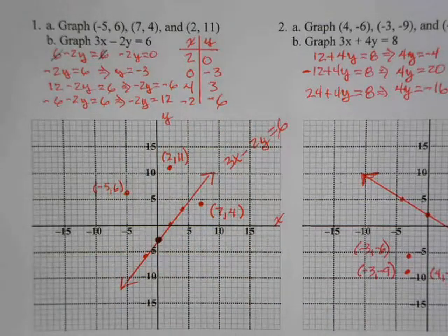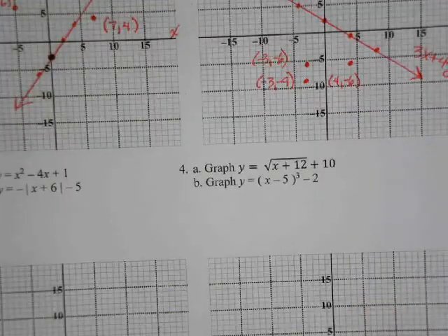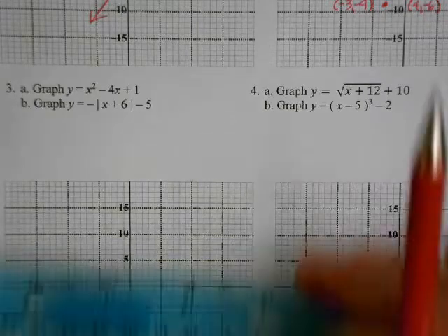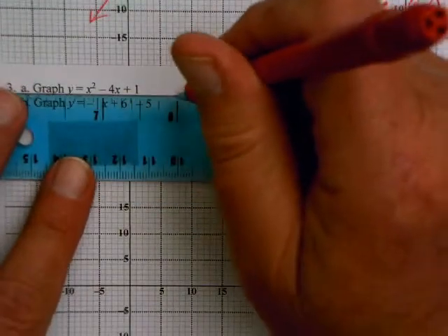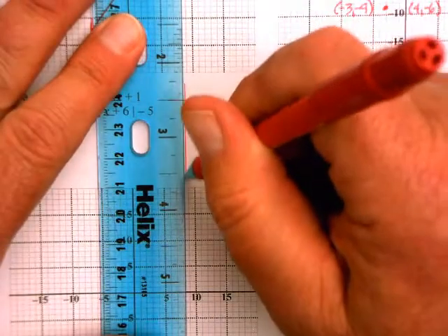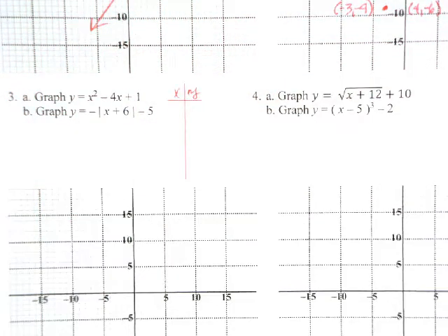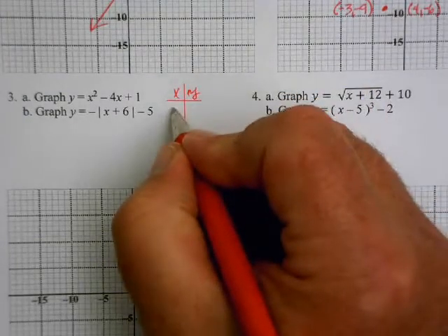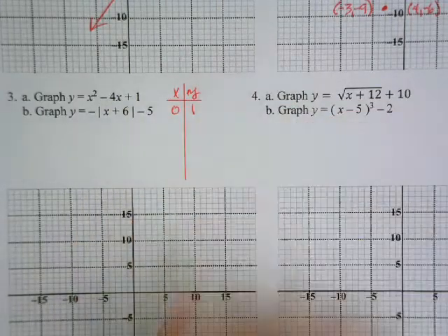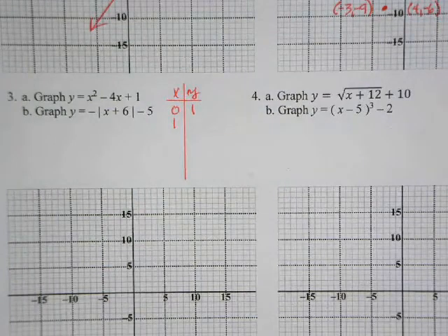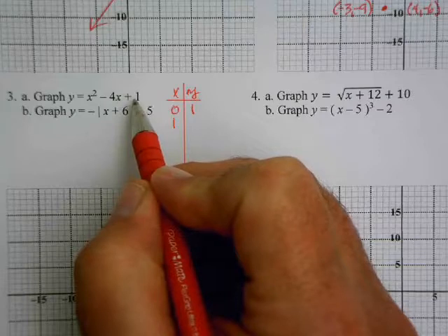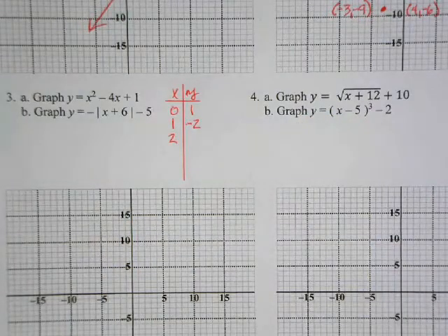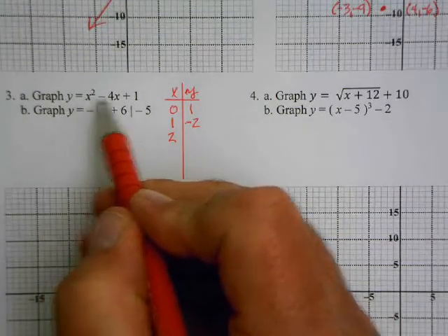All right. Now let's go ahead and do a quadratic. So I'm going to make a little t-chart right here. So let's go ahead and do, let's say, we can start off with 0. So that becomes 0 and 0 and 1. And then we can go to 1. So that'll be 1, subtract 4, plus 1. So that will be a negative 2. We can go to 2. And let's see, that's 2 squared, that's 4, subtract 8, 4 times 2, so that's minus 4 plus 1, that's